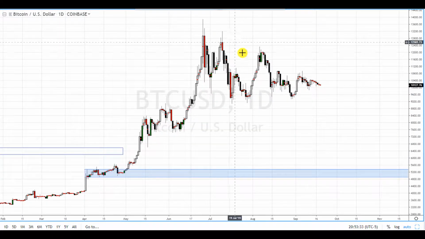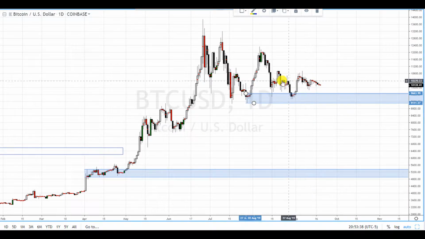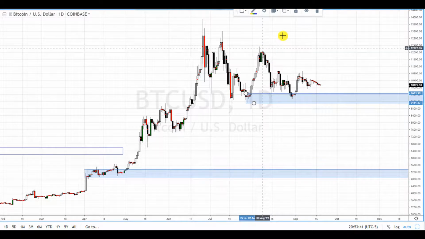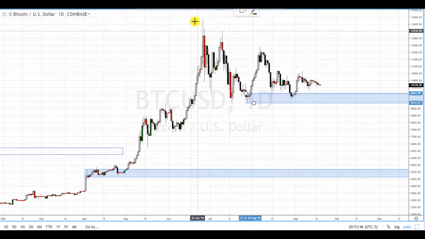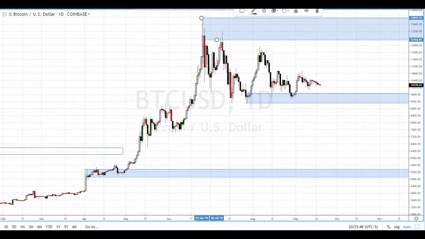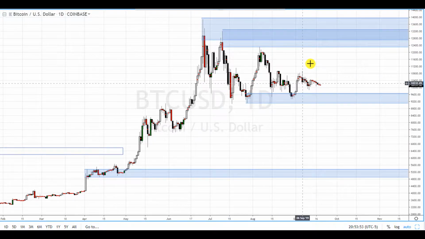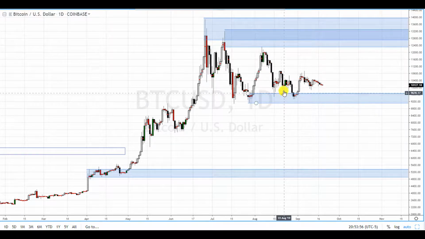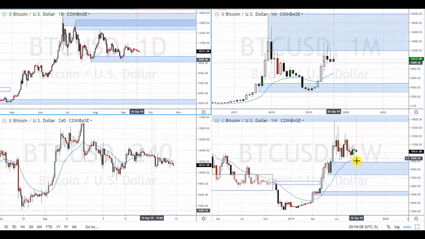Okay, the daily, we have an area of demand created down here. Price rallied, rallied one time, rallied another time. Then we have an area of supply created up here, and another one created right here. Okay, so price is going to range in between here, but it's tested this demand zone multiple times already, 2 times already. One more time, and then maybe the 4th time it's going to drop and break that zone. Okay, and then it's going to get down here. It's probably going to bounce some more,